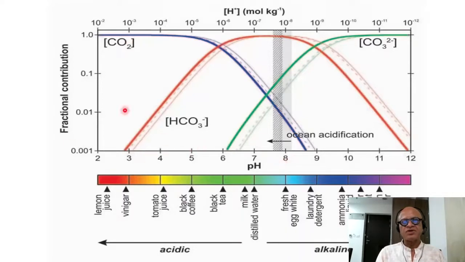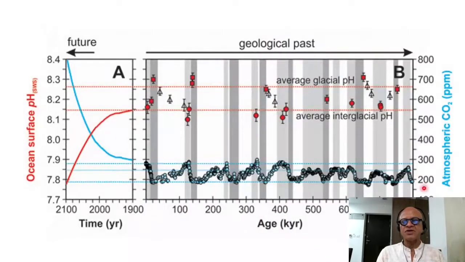So the CO2 here keeps changing pH. Ocean has maintained its pH in this range for millions of years, which is shown here. So if we look at the Vostok ice core, we have seen before that the CO2 varied between basically about 180 to 280 or 300 or so, and we talked about the various hypotheses that exist for explaining this glacial-deglacial CO2 change. Estimates of glacial pH and average interglacial pH remain tightly bound over this range here of